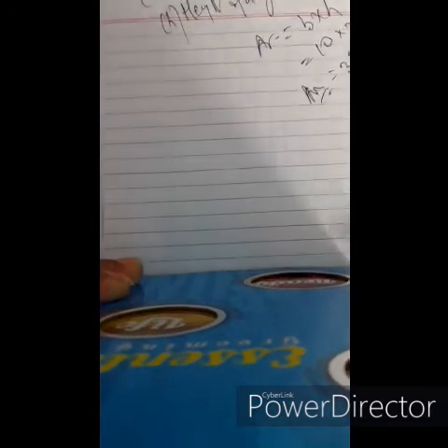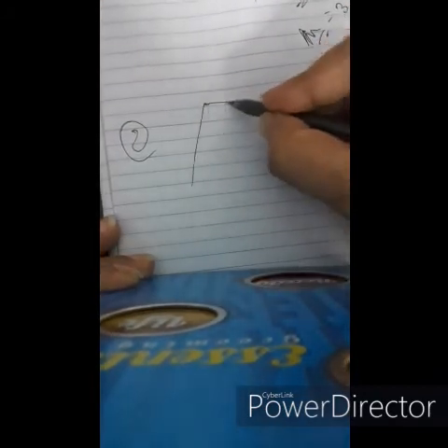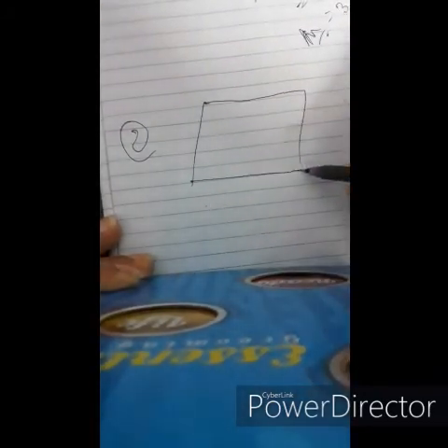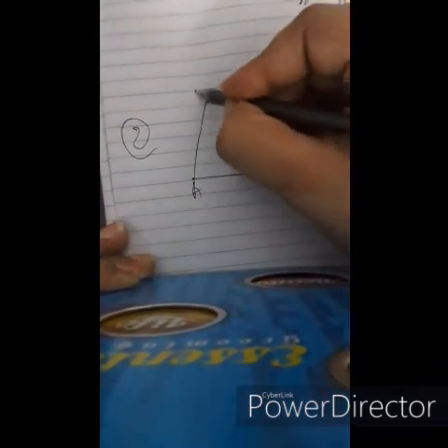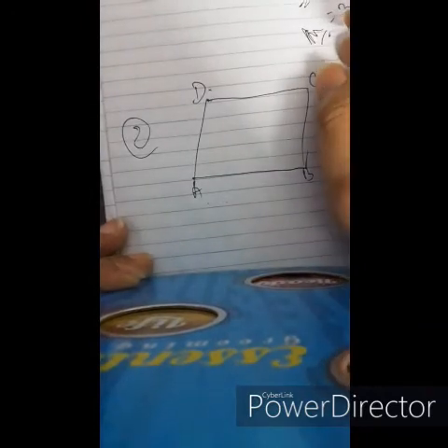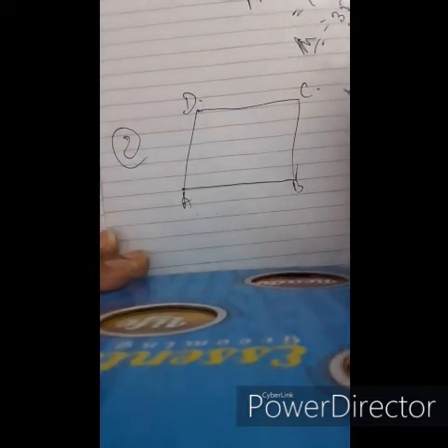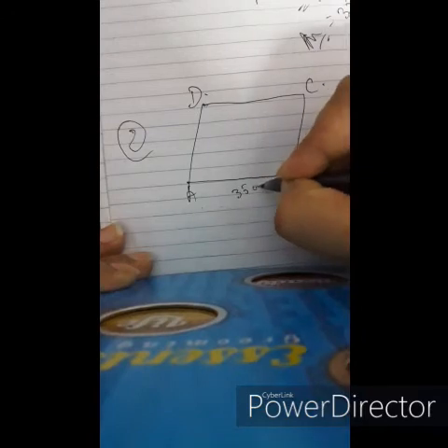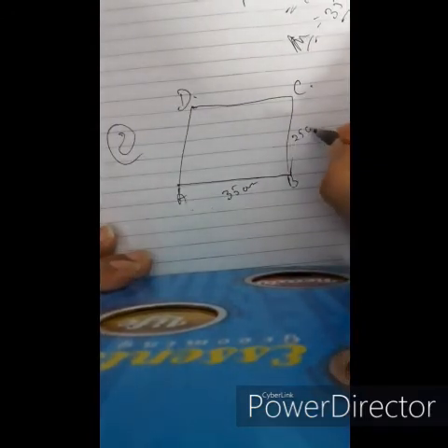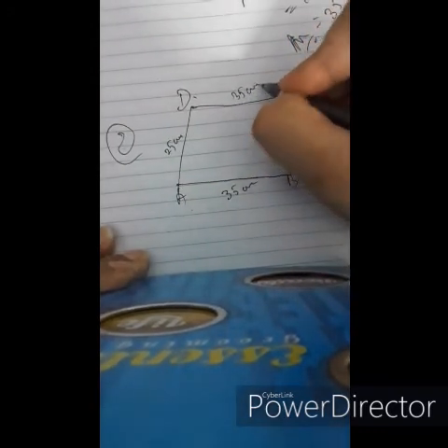Now let's look at another problem, that is a parallelogram is given. I hope you understand this problem very specifically. It's a very important problem. The adjacent sides of a parallelogram are 35 and 25 centimeters in length. That means this side becomes 25 also, and this becomes 35 also.